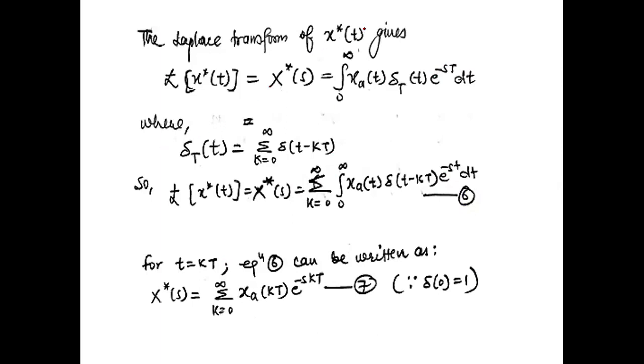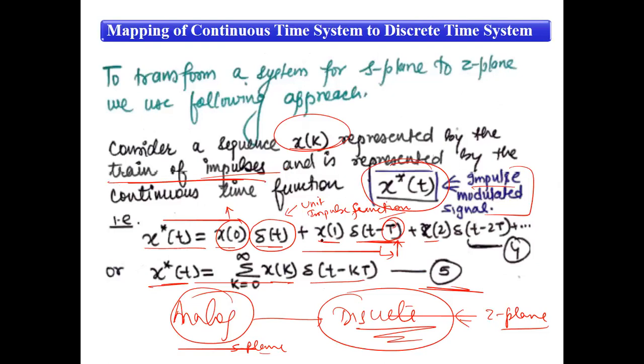Now, if we take the Laplace transform of this x star t, because this x star t is actually representing a discrete signal, but it is continuous with respect to time, with respect to the amplitude, basically. Now we will take the amplitude values as it is. So here, because